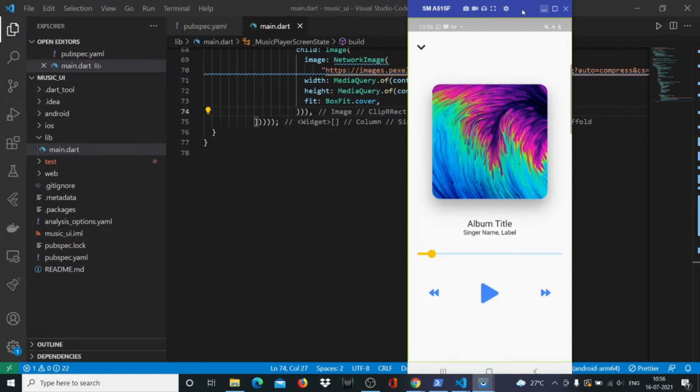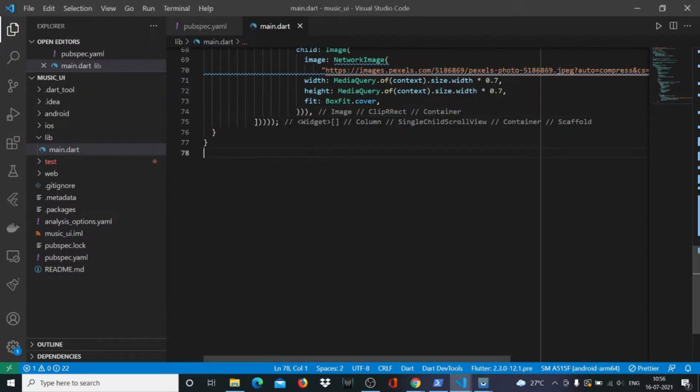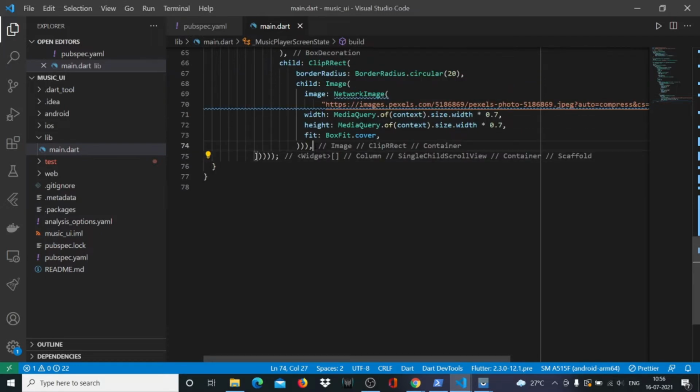Hi guys, in the previous video of this series we had worked on this icon, this image with the rounded rectangles, the rounded sides and the box shadow behind it. And in this video we want to start working on these two texts and this slider and things below that as well. So after our container out here,